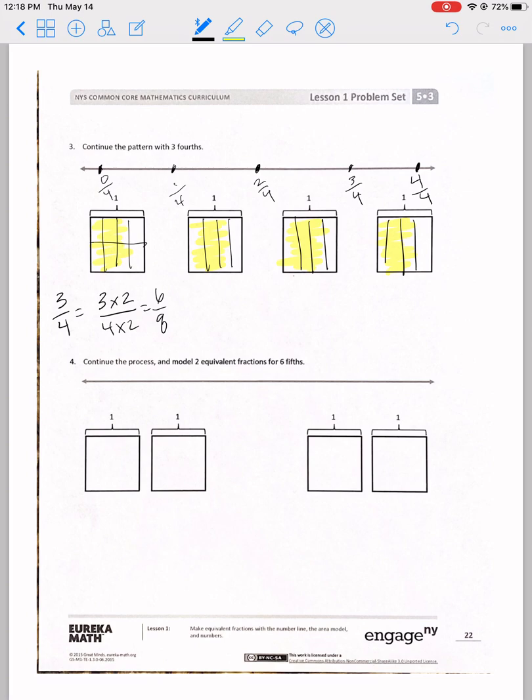Okay, so our box reflects our numerator: 6 shaded in, and all of the parts are 8. So 3/4 is equal to 6/8. Okay, moving on with our pattern,